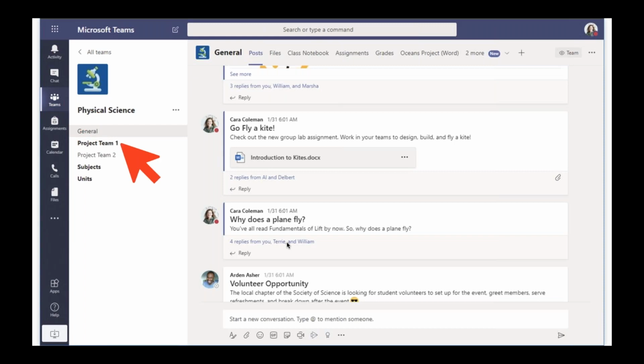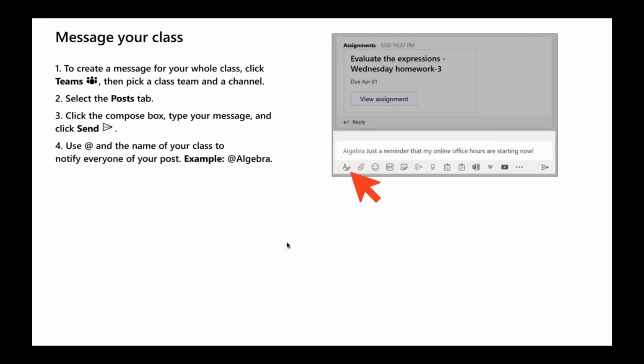Here we can see more clearly the options available to us from the A, which gives us even more options when messaging. We've got the paperclip for attaching documents, we've got pictures, emojis, GIFs, stickers, memes. We've also got Microsoft Stream for attaching recordings that we may have pre-recorded, some lesson content. We've got praise stickers, always lovely to receive those. And we've got forms for feedback. We've got website links, YouTube links as well. Great to flip that learning.